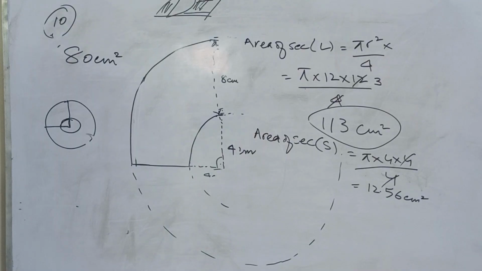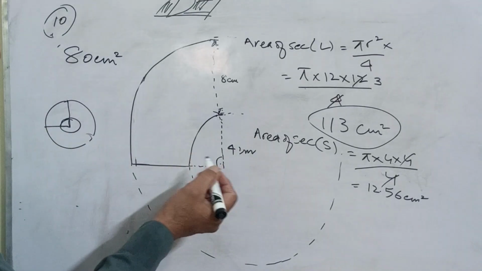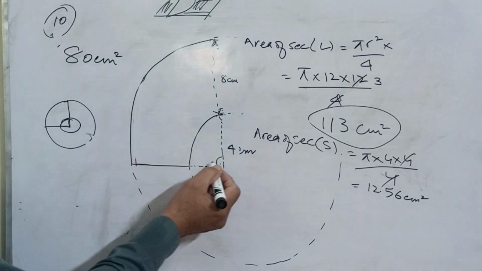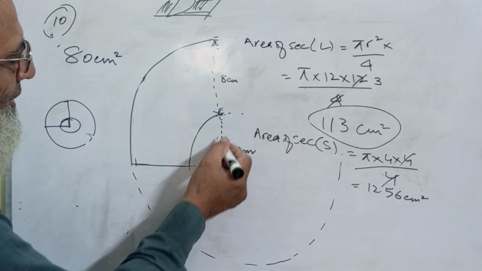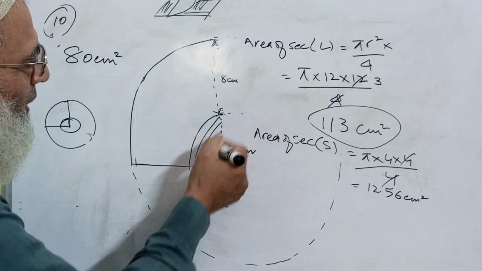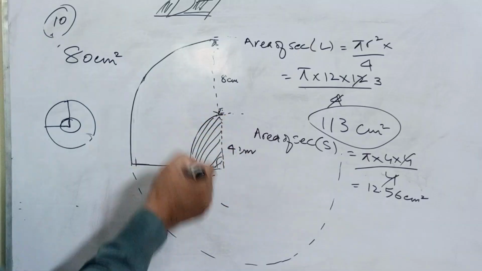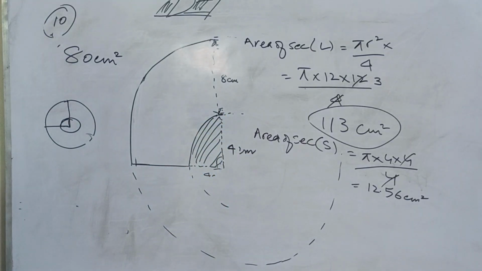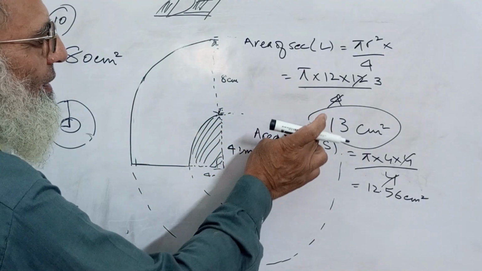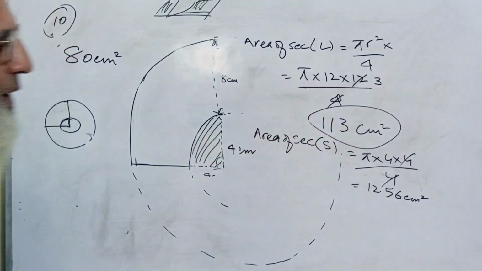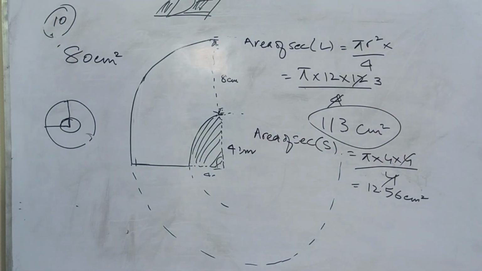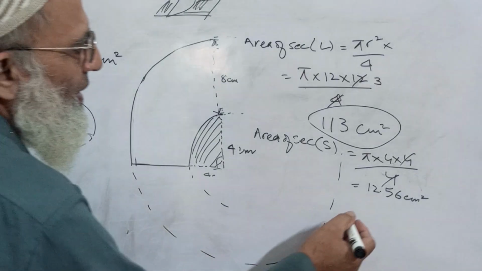This means that this is the part of the hole, so we have to subtract this from this part, minus 12.56. It becomes